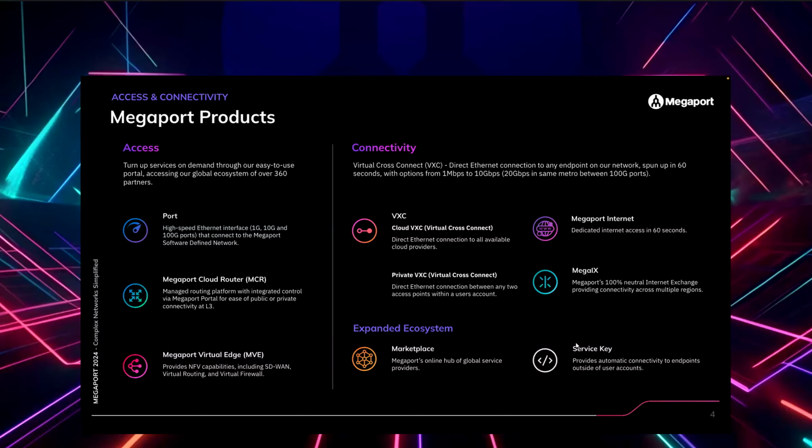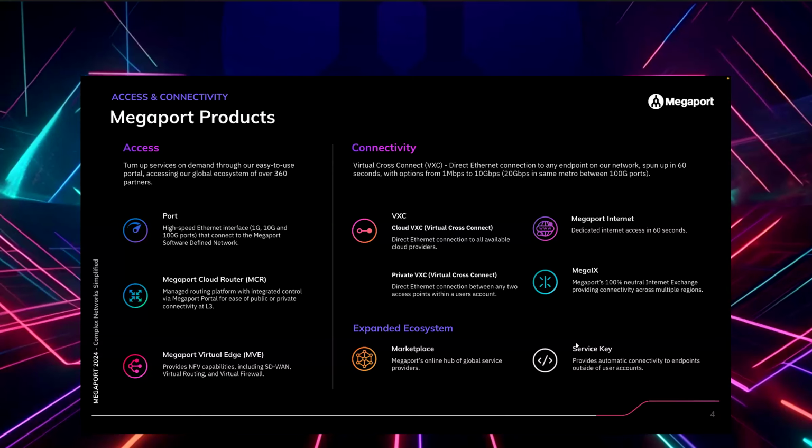So it's very exciting. The Megaport Virtual Cross Connect on the right side, that is actually the connection to a cloud provider or to another data center or between MCRs and MVEs and ports. And it is a layer 2 service. And if it's between our endpoints, it's very elastic and flexible and can be adjusted up or down. Depending on the cloud provider, if it's AWS and Azure and Google, they can be increased in the case of Azure, or they can be rebuilt and restored based on the rules that they have.